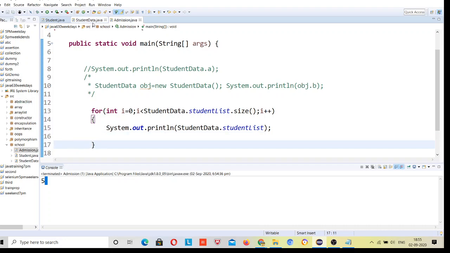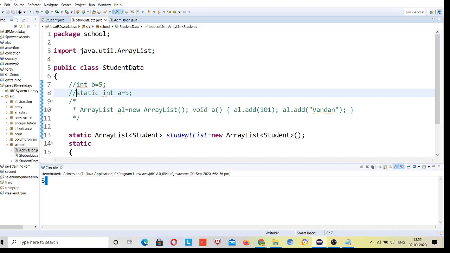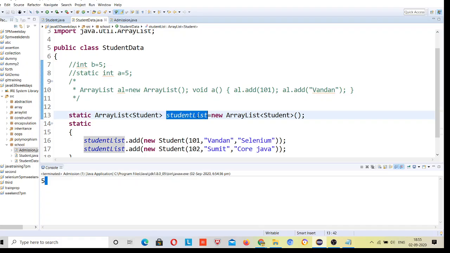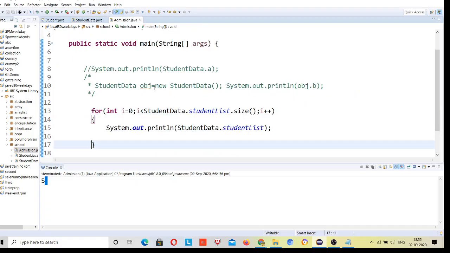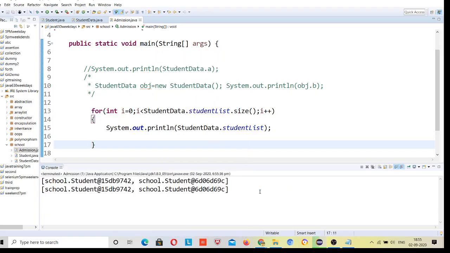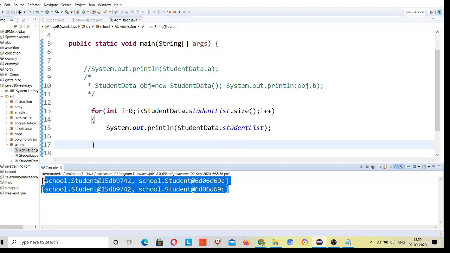I was accessing this array list variable here, and it was static, so I can directly use class name dot variable name. I printed this and it printed successfully, but not in your desired way. It printed like this just because it was an object, so it shows you the object.